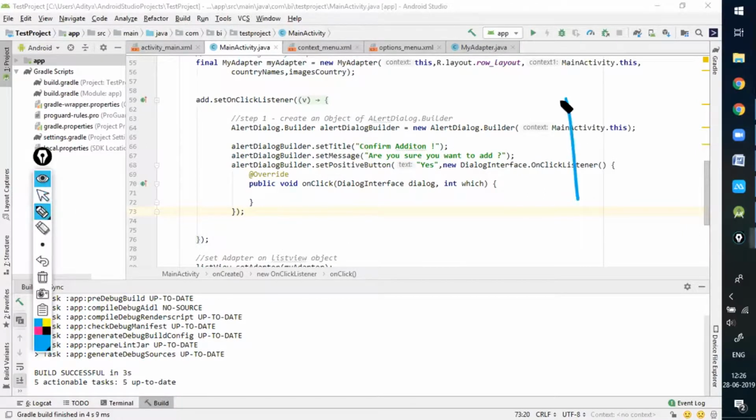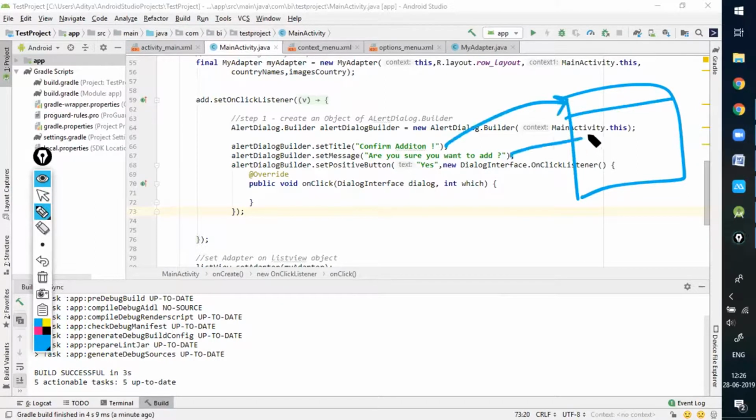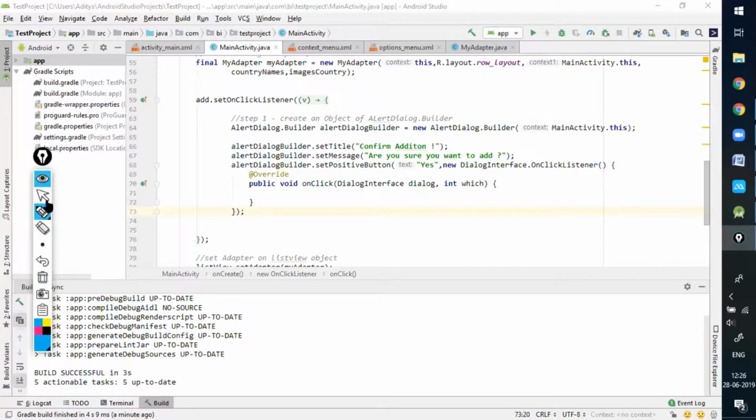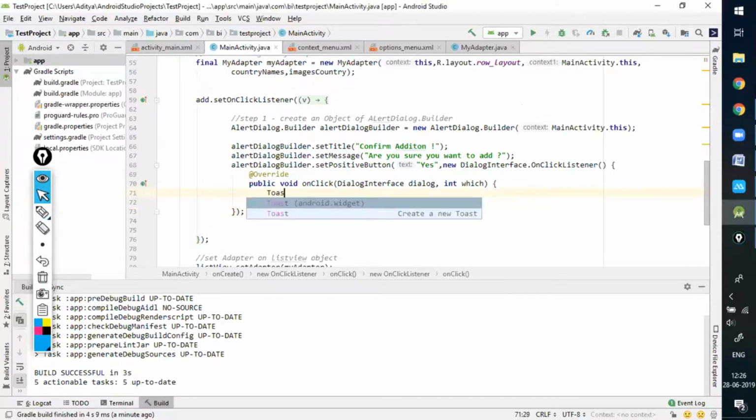So we'll be having an alert dialog box. Now we have set the title of it. The title is confirmation. We have given the message to it. And after that, we have two buttons over here. So right now we are working with this one. Now on click of this button, something should happen. That's the reason we are providing an on click listener over here. Let's add code over here. If the user clicks on this positive button, let's include a Toast dot make text.